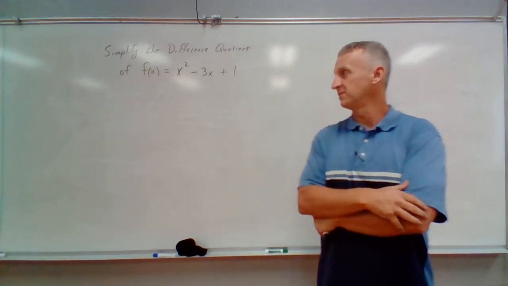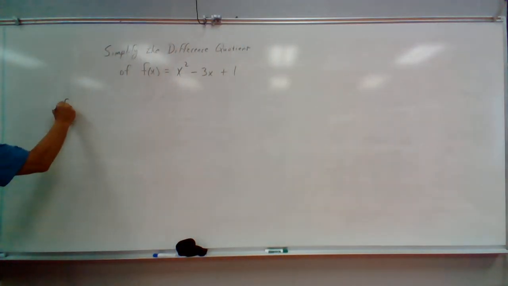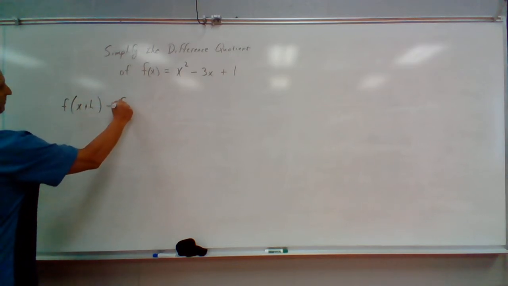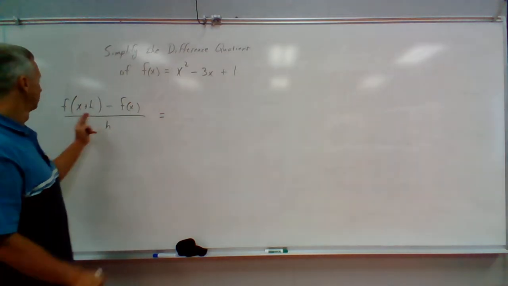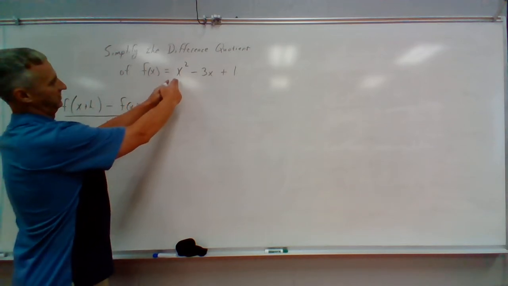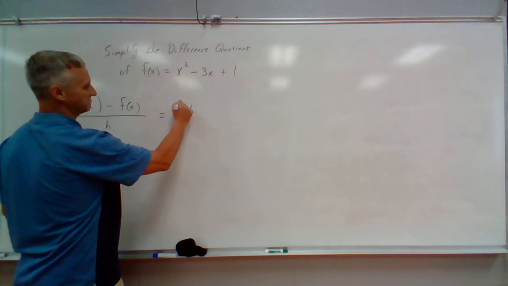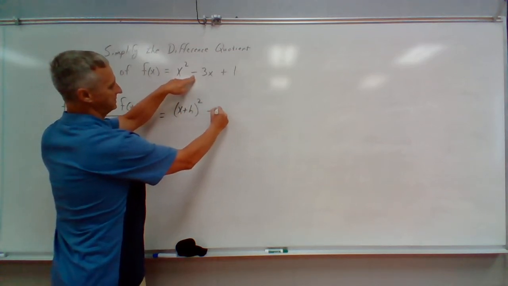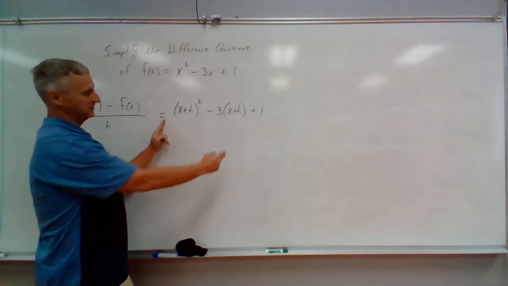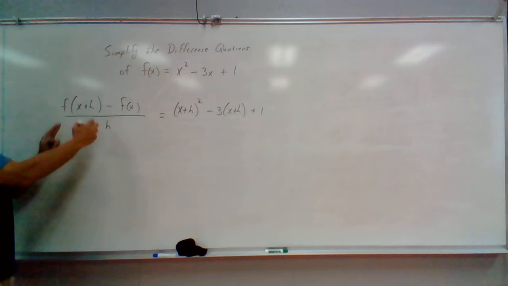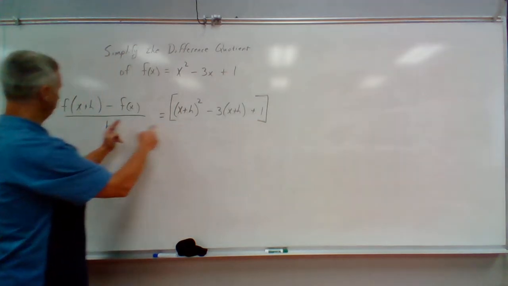All right, let's do another example of a difference quotient. Let's simplify the difference quotient of this function. Okay, so again, the difference quotient is f of x plus h minus f of x all over h. For this example, f of x plus h, I will plug x plus h into this function everywhere where I see an x. So that'll be x plus h squared minus 3 times x plus h plus 1. So all of this is just f of x plus h. I'm going to put brackets around it to keep it by itself together. So this whole thing is f of x plus h